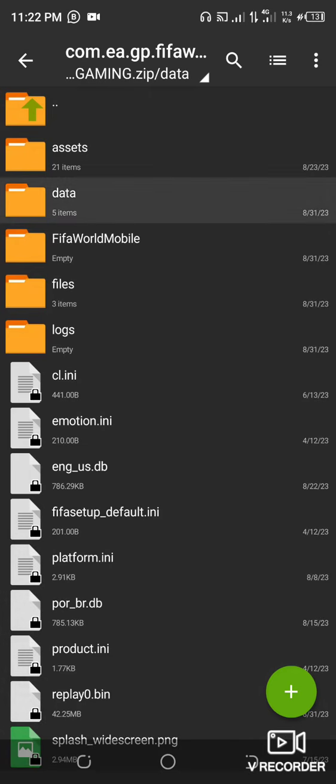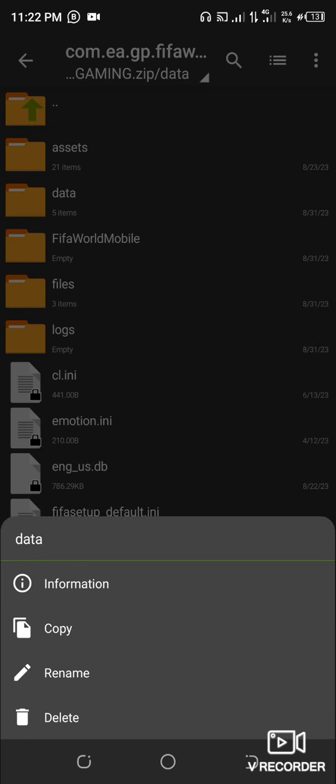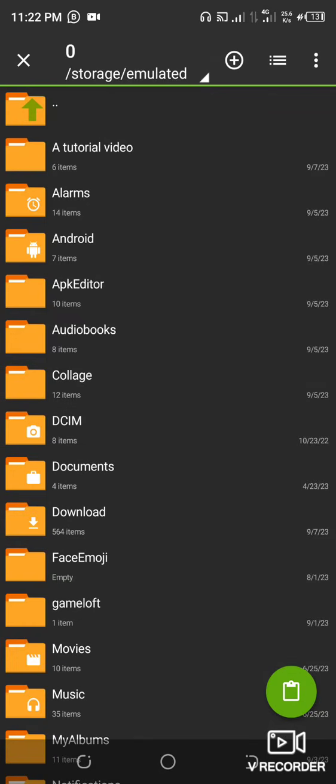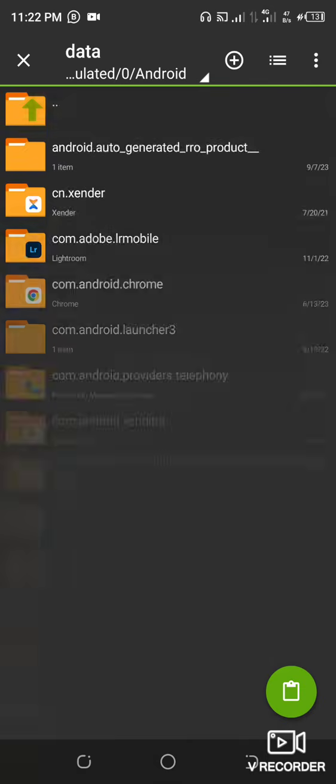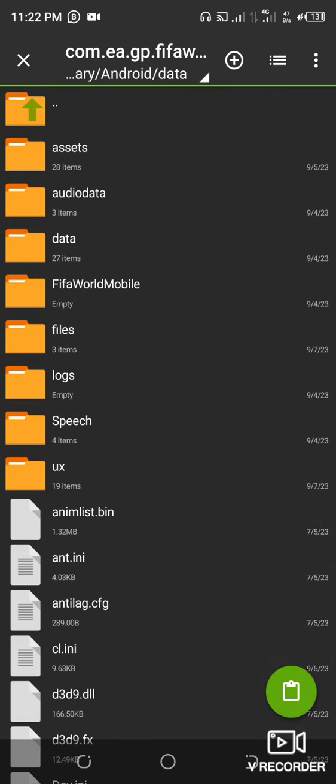You go to data next. You hold it, you copy. You go to Android data, you go to the game folder, and you paste again. It will take a lot of time. When it is done with that,